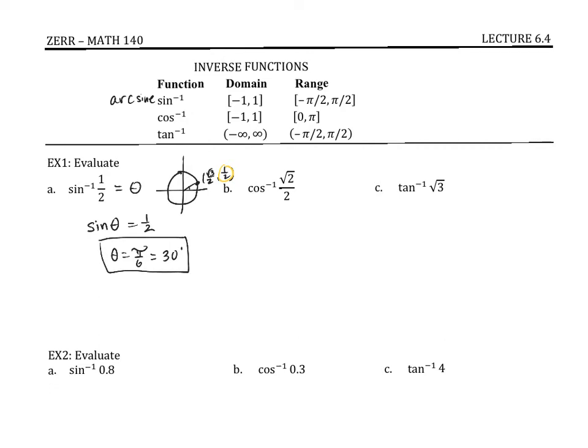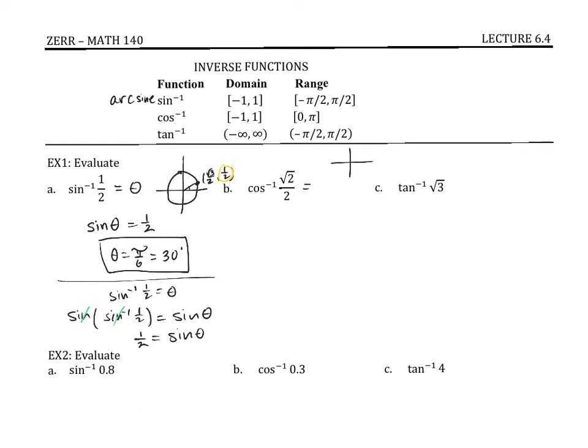Another way of looking at this is if we have this equation, arc sine of 1/2 is equal to theta, you could take the sine of both sides of the equation. So taking sine of both sides, and then the canceling properties mean that the left-hand side simplifies down to 1/2 is equal to sine theta. So both ways of looking at that get you to the same place where you can solve for your angle there. All right, let's see, cosine,